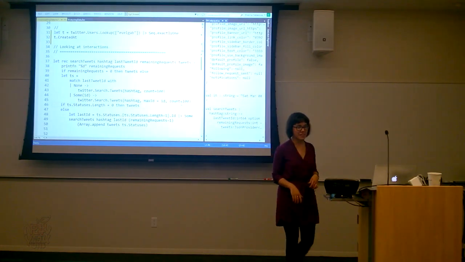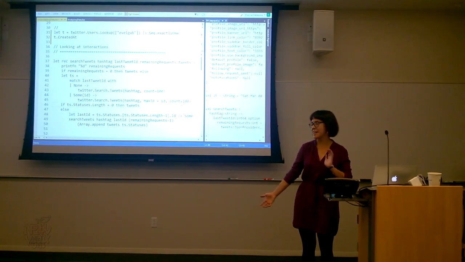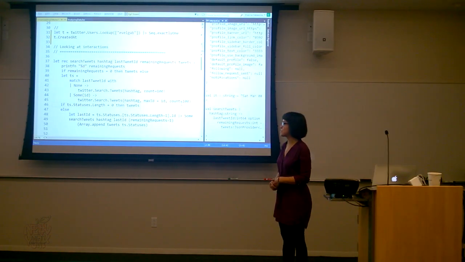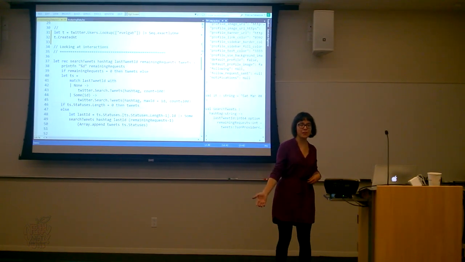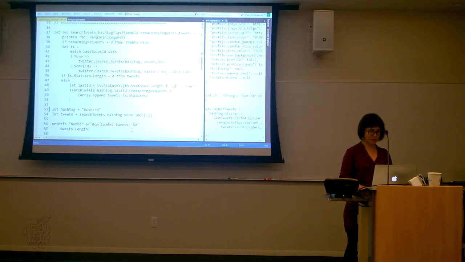And on Twitter, you can't get all the tweets that mention a hashtag. You have to search in batches. And Twitter will always return you up to 100 tweets for each request. And it also gives you only access to about 1 week worth of tweets.